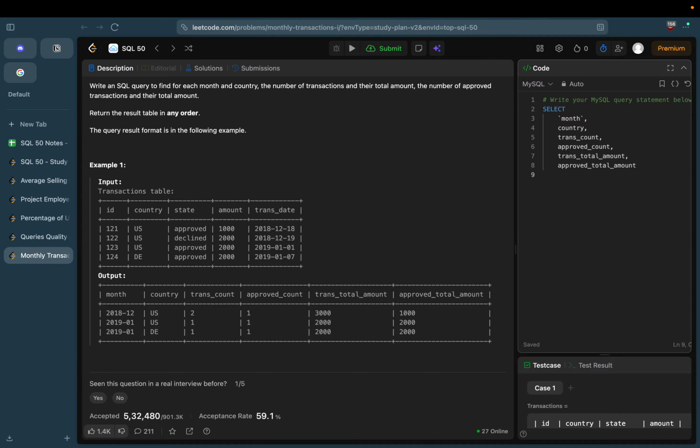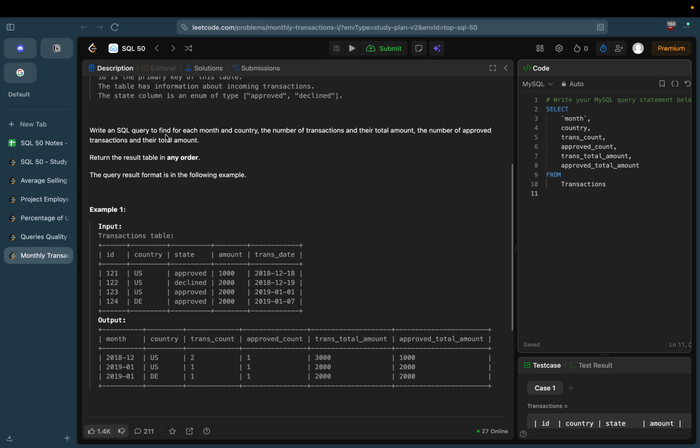Right, we have selected all the columns that we require. Now we have a single table for this question called transactions. No fancy joins required, but some good calculations will be required in this question. And we need to group our results by